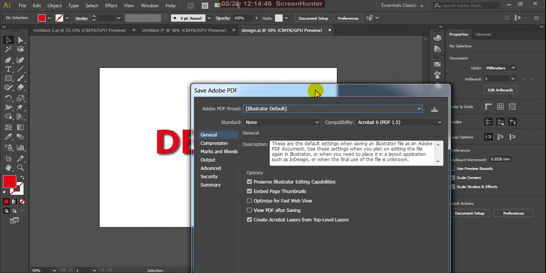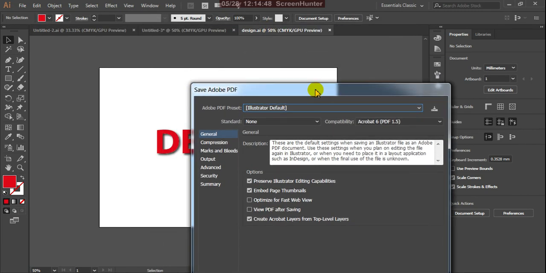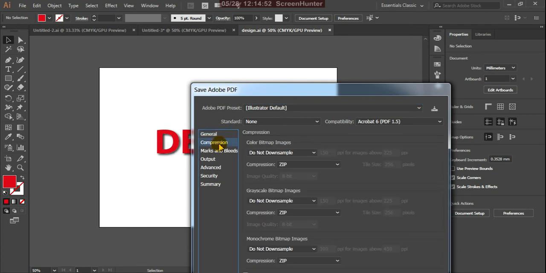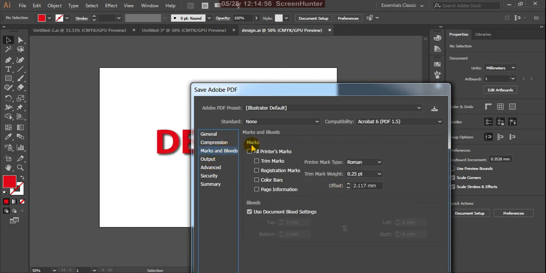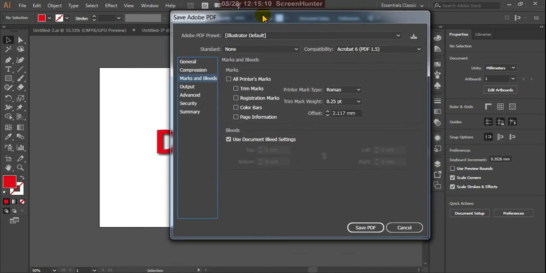And here in the PDF, the options are showing: general, compression. These are the default settings, so you can use them easily. And marks and bleeds, I already explained about marks and bleeds. Safe areas, for print area, and output.